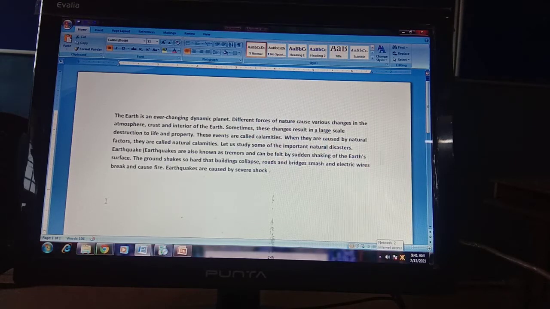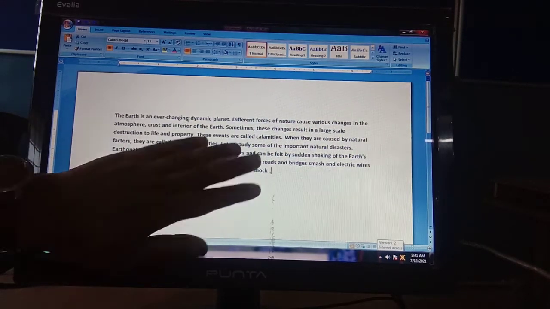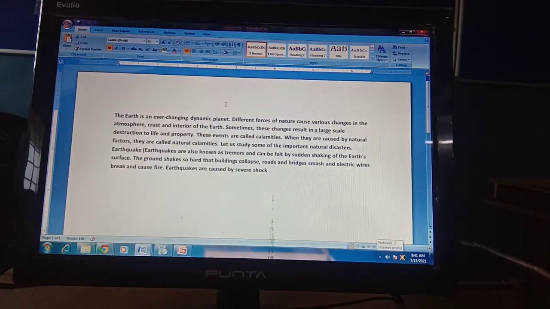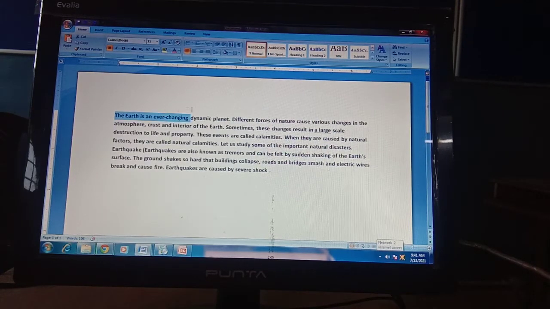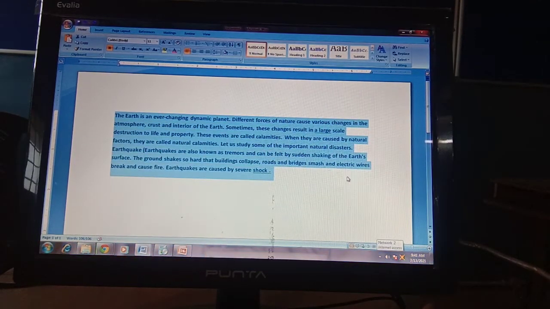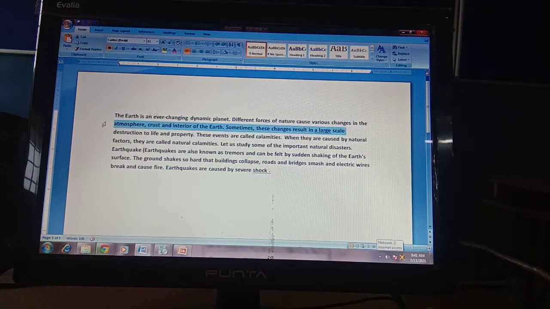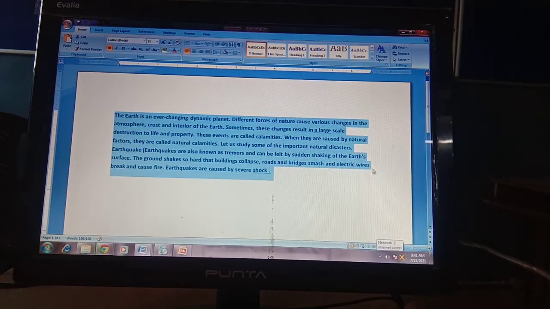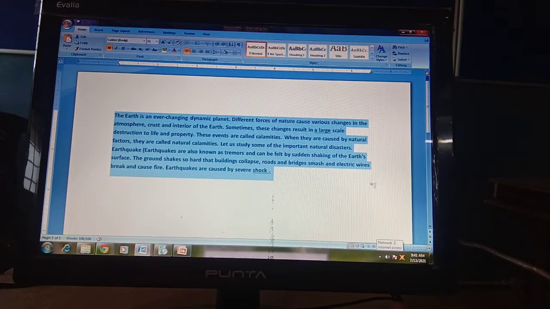First of all we will change the font type. How to change the font type? Let me tell you. For example, I don't like this straight font, I want something different. How can we change the font? First of all you have to select the text. And how to select a paragraph? You know that very well. Triple click on the left margin of the paragraph, and the paragraph will be selected, or triple click on the paragraph and it will be selected. So here your paragraph is selected. Now you have to go to the Home tab.